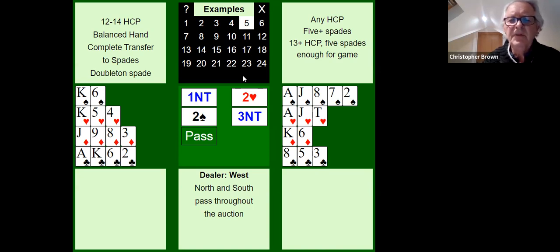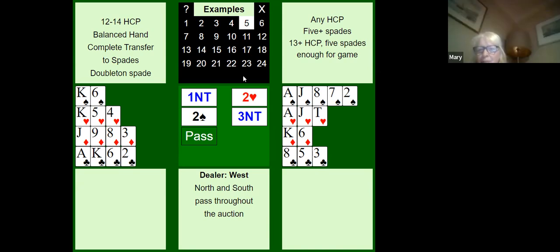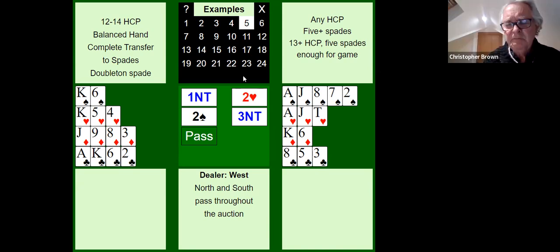You've got to stop in diamonds. Yep, 3 no trumps is the better contract. Now, when I first saw that bid a few years ago, I thought it's quite sophisticated, really. Any questions? Just to sum up that kind of bid, if you make a transfer, then bid no trumps,